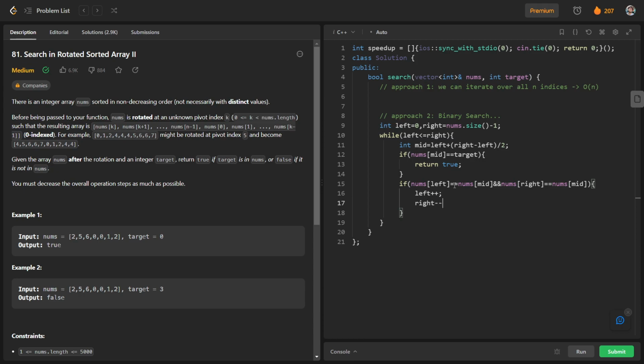So basically we are searching on a small subarray. So that's what we have done here.